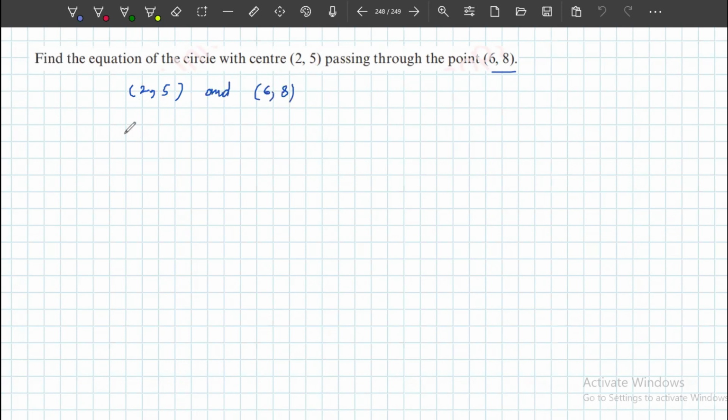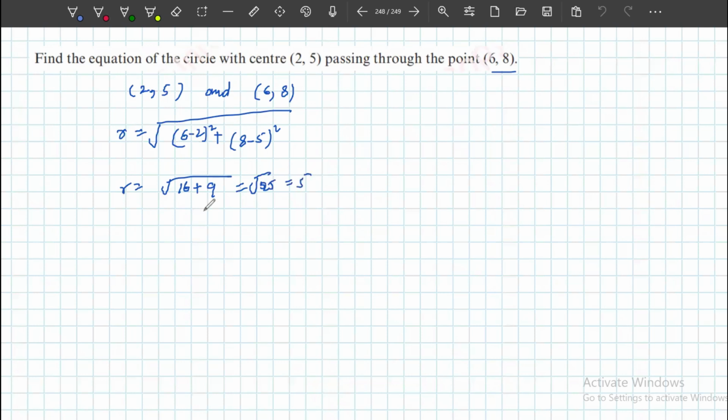As r represents the length, r is equal to the square root of 6 minus 2 whole squared plus 8 minus 5 whole squared, which is 6 minus 2 equals 4, 4 squared 16, and 8 minus 5 is 3, 3 squared 9, which is the square root of 25, and it is 5, so r is 5. Now our required equation of circle is x minus a whole squared plus y minus b whole squared is equal to r squared. So that gives me x minus 2 whole squared plus y minus 5 whole squared equal 5 squared, that means